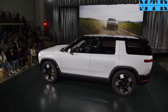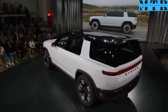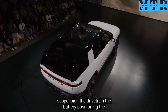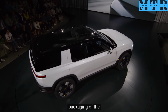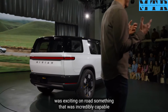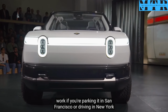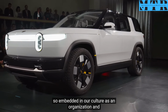So much of what a Rivian is capturing the dynamics of the vehicle. And we needed to make sure that all the decisions we made in the aggregate, the suspension, the drivetrain, the battery positioning, the packaging of the vehicle, delivered something that drove like nothing else. Something that was exciting on-road, something that was incredibly capable off-road, but had the everyday refinement and usability to work if you're parking it in San Francisco or driving it in New York. And so that focus on dynamics is so embedded in our culture as an organization and embedded, of course, into